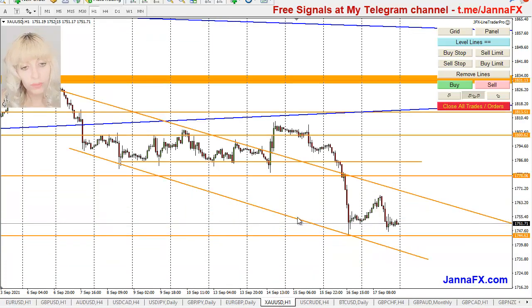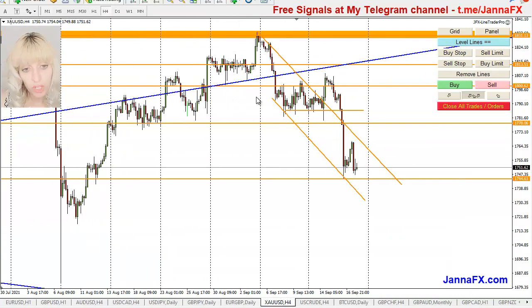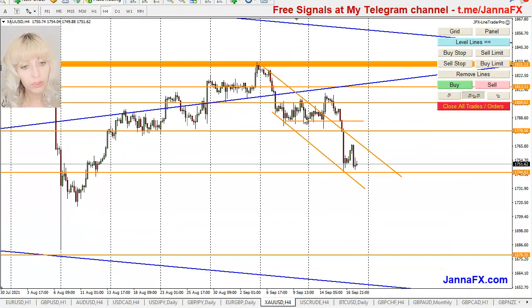Okay, gold. Also, the expectation was that it will be bearish, going down, and I was also sending screenshots of the gold. I actually had here a buy, sold, and then buy, and then I sold it again. I didn't send another screenshot afterwards, but I just decided to sell because pretty much it went up. You see here a little wick, it came back and got closer to the area, and my expectation, as I was telling you, was that it will go down, so I just decided to stick with it, and I felt that finally it's going to break this area.